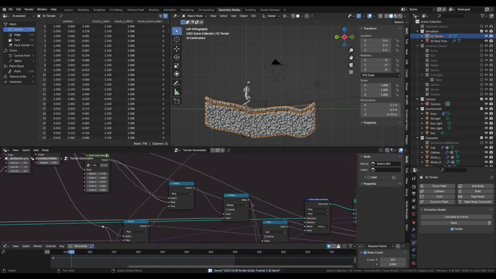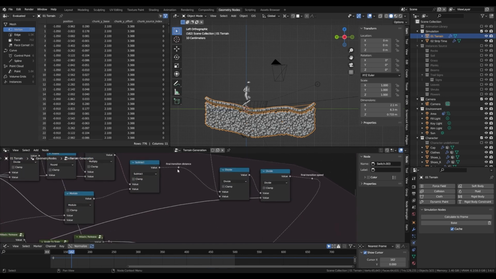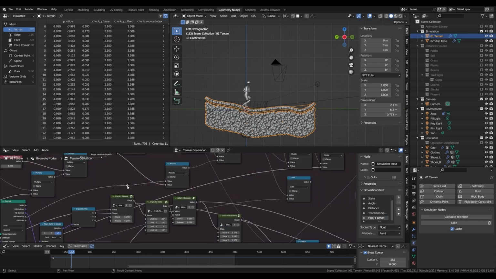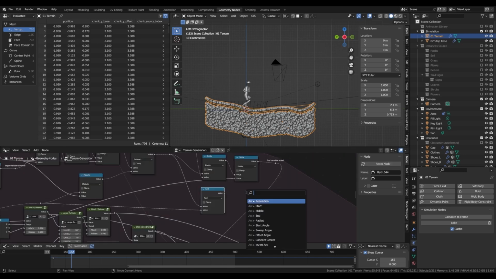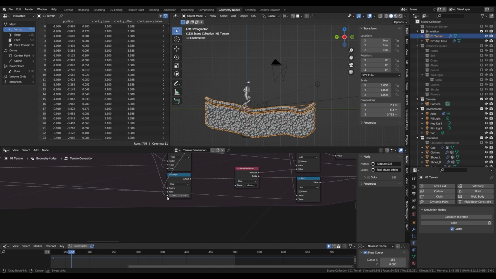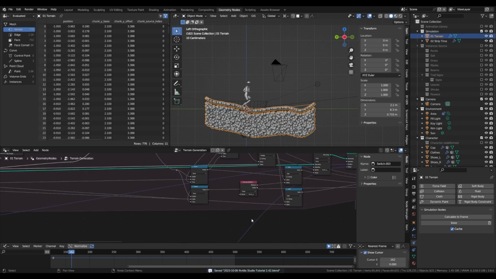And to compute the final chunk offset, we just need to get the final transition distance, to which we are going to add the distance from here. So those values should be the same, like this. And this is the final chunk offset. Now we can plug this into the new switch node, just like this,